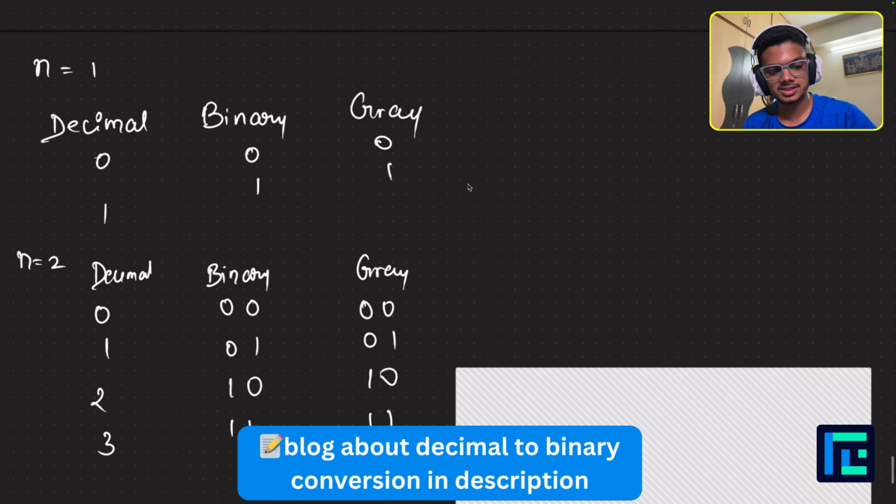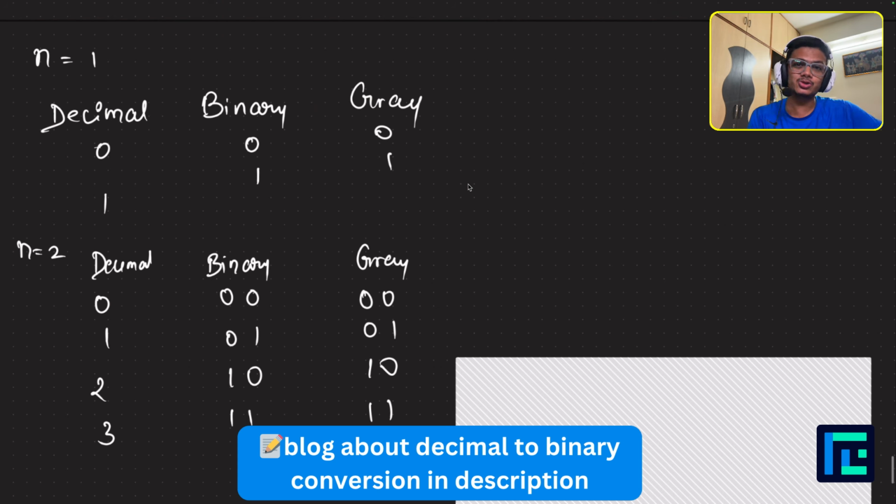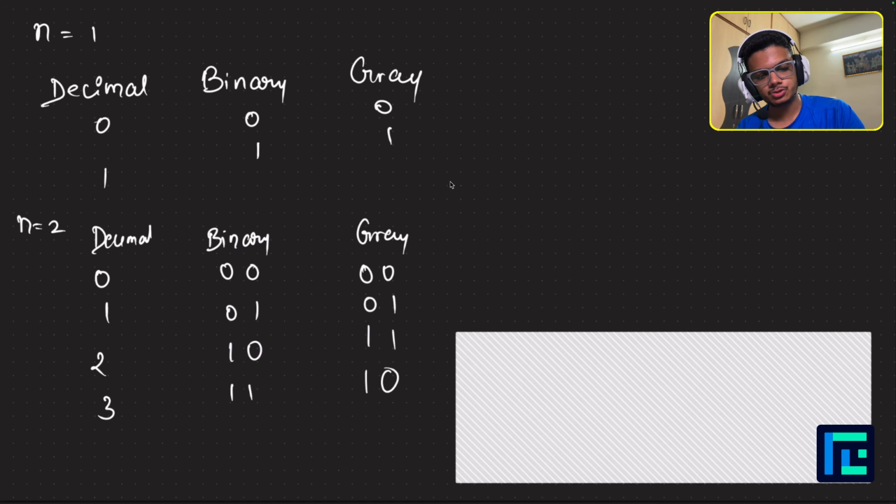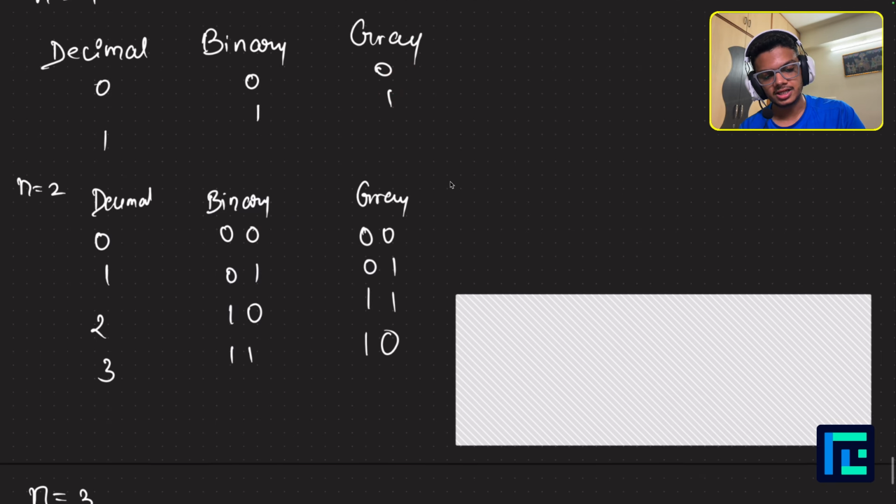Let's try to establish the significance of Gray codes before we actually go into solving it. For n equals 1, that is, you only have one place, the only possible bit strings are 0 and 1, right? So in other words, you can just represent binary numbers for decimal numbers 0 and 1. This is the binary and this is the Gray code. Now there's nothing special here because the binary representation and Gray code representation look the same. But all that matters is that to go from one number to another number, you only have to change 1 bit, the Hamming distance being 1. Fine. The n equals 2 case is a little bit